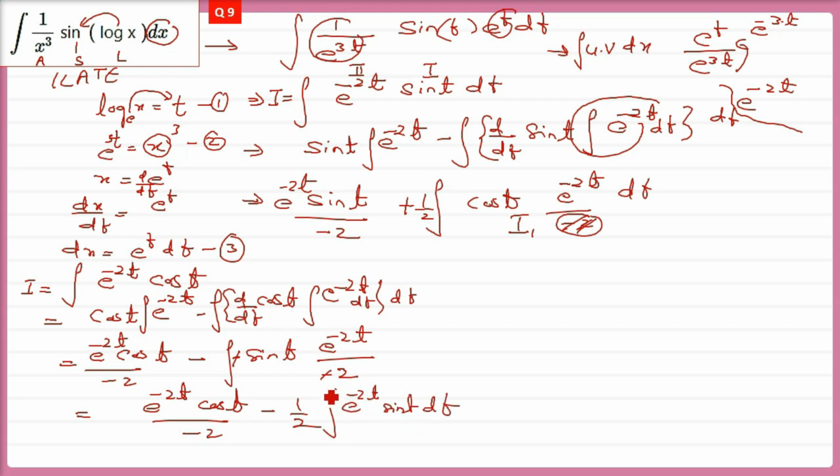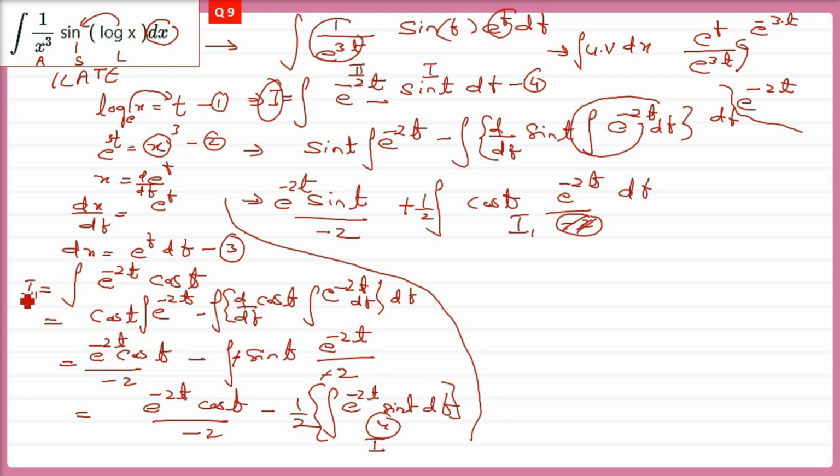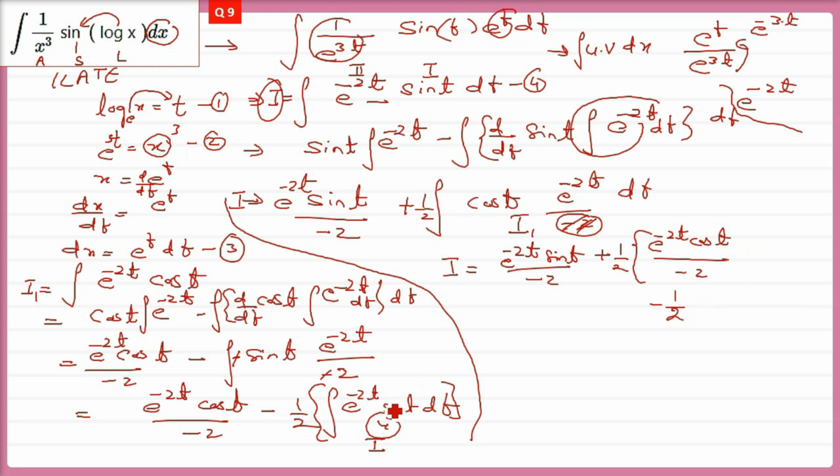Now you tell me, what is this? This is the initial one from where we started. So this is actually the fourth equation, if you call it 4. So we'll just write I here. Now I am changing now, because this is I1 actually. So I am going to place I1 in place of this expression. So I will be equal to e negative 2t sin t divided by minus 2 plus half, and in place of cos t e raised negative 2t, I am going to write everything which we got for I1: e raised negative 2t cos t by minus 2 minus half,